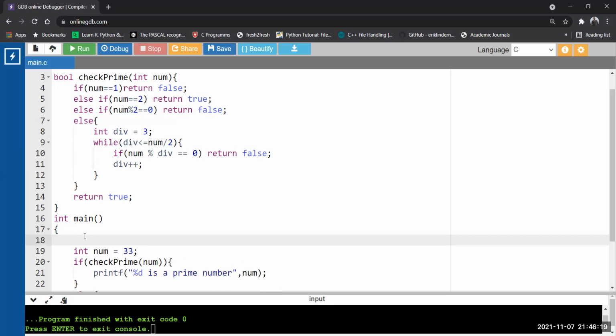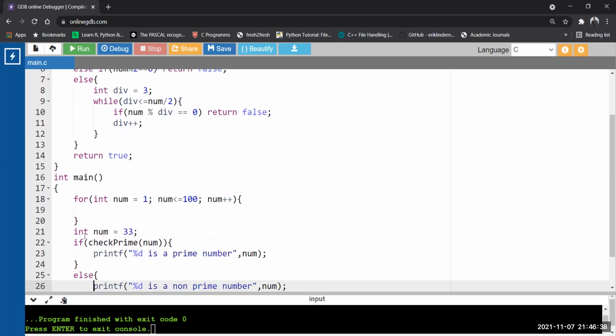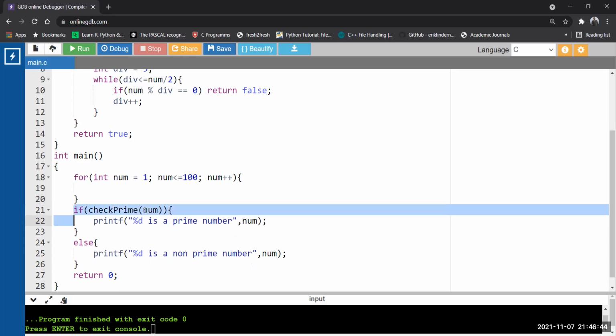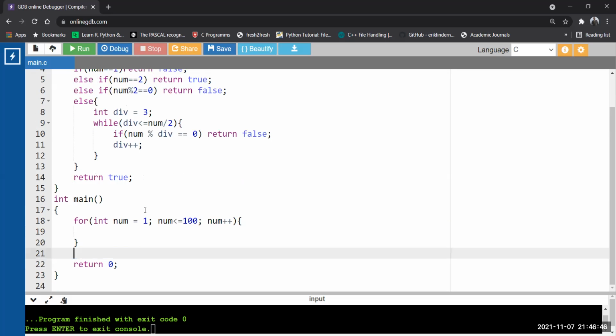So here, the number will start from 1, go till 100, correct? And it will be incremented by 1, so num plus plus. Now I don't require this num anymore in this case. So now let's shift this if else within the for loop.